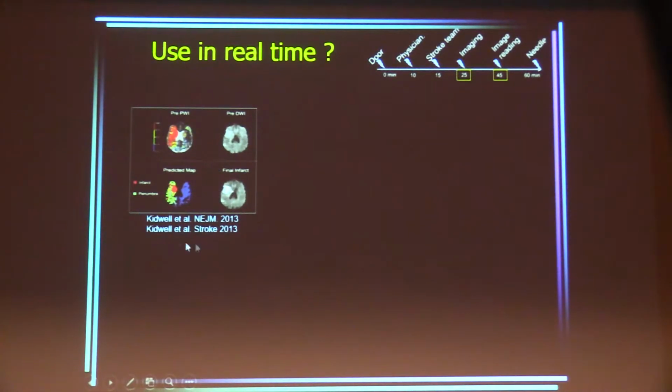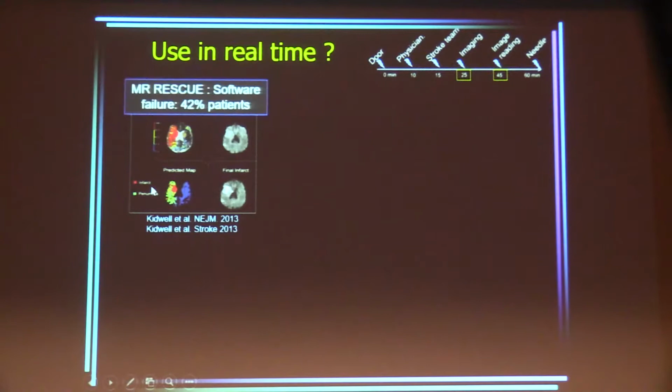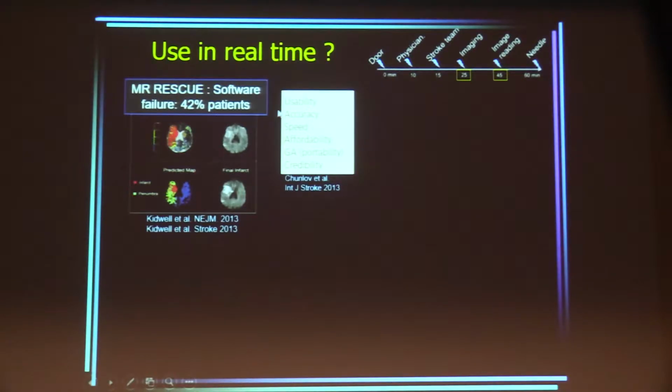First, one example of an automated software in the literature: in the MRSQ trial, they used the software, and it failed in 42% of patients. Just to give you an idea, that was in a trial, so imagine on your site, if it fails in a trial, there is very little chance you can manage to do it at home. We need a software that has all these capabilities, and for the time being, I think they don't exist. Some of them are very accurate and very usable, but cost a lot of money, so they are not affordable yet.